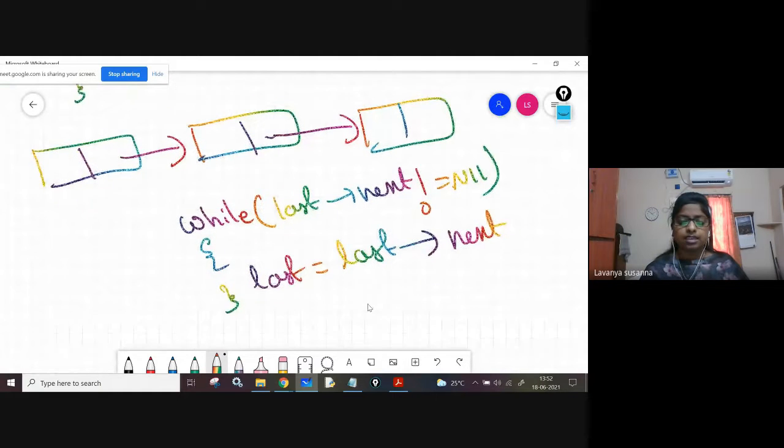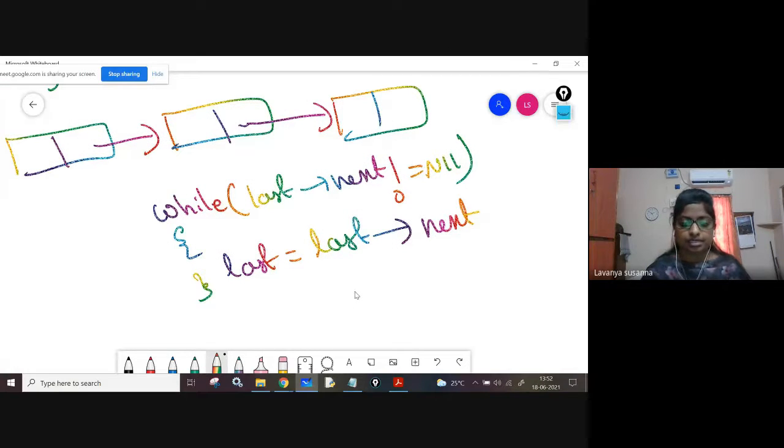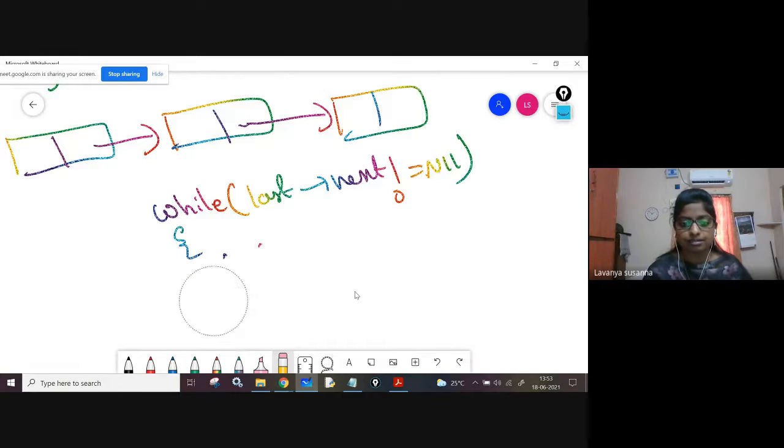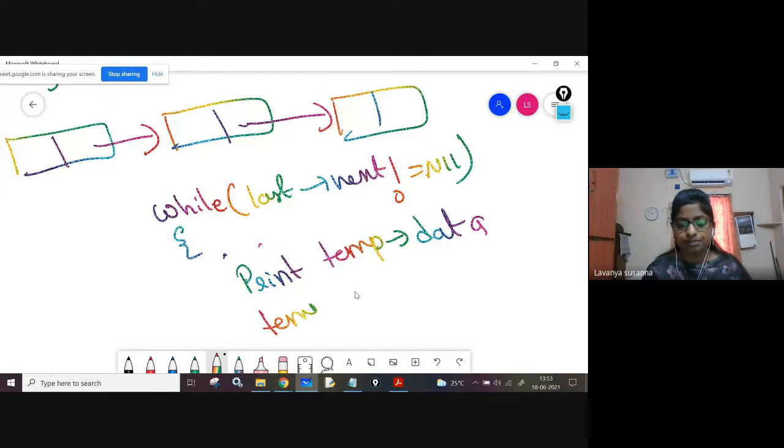Okay. If you want to display the elements in a linked list, same logic, but here you need to print. So you need to use print temp of data, completed. Then temp equal to temp of next.